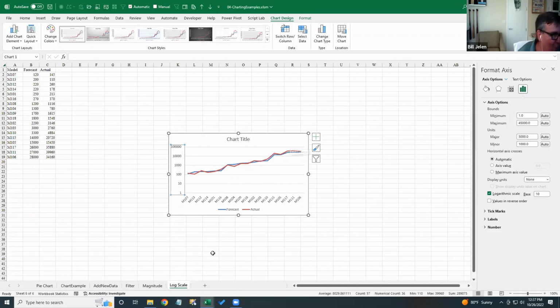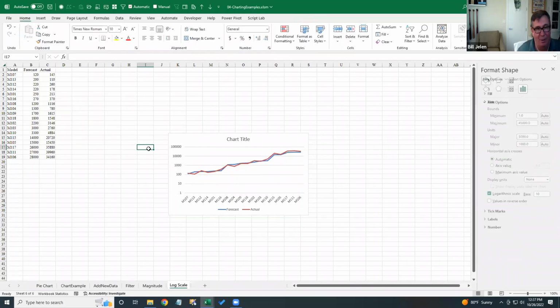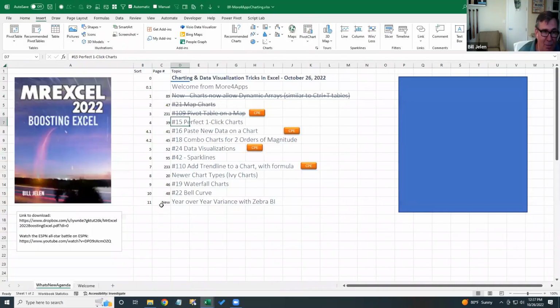So log scale was one of those things that I would use all the time when I had tiny data and large data that I was trying to compare. I needed to show them both on the same chart. All right, so we got a few there, combo charts for 2 orders of magnitude. All right, next up,